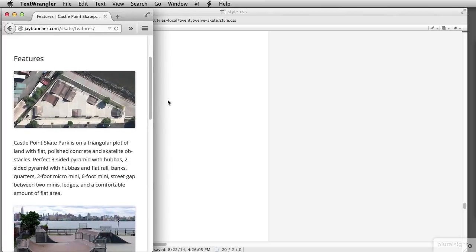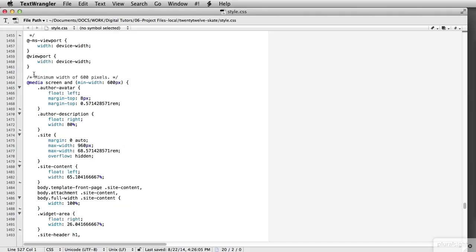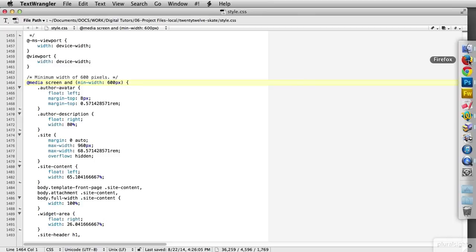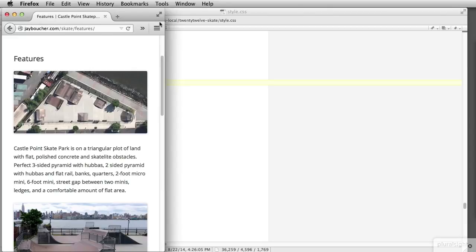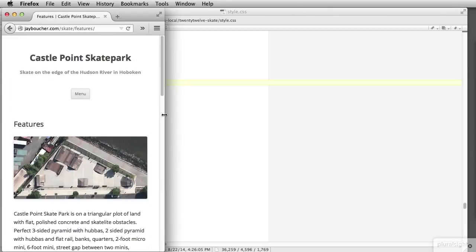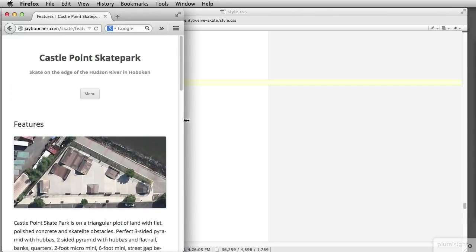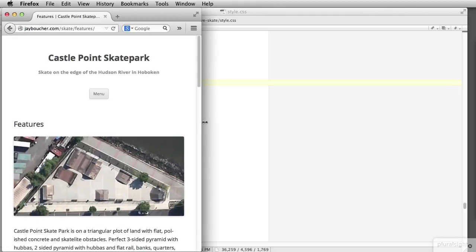Now when we go back into our code, we'll see it says at 1463 minimum width of 600 pixels. And it says at media, screen, minimum width 600 pixels. Now you'll see what happens as I bring the browser wider. I'm going to go back to the top. And as I bring the browser wider, once we hit 600 pixels wide,